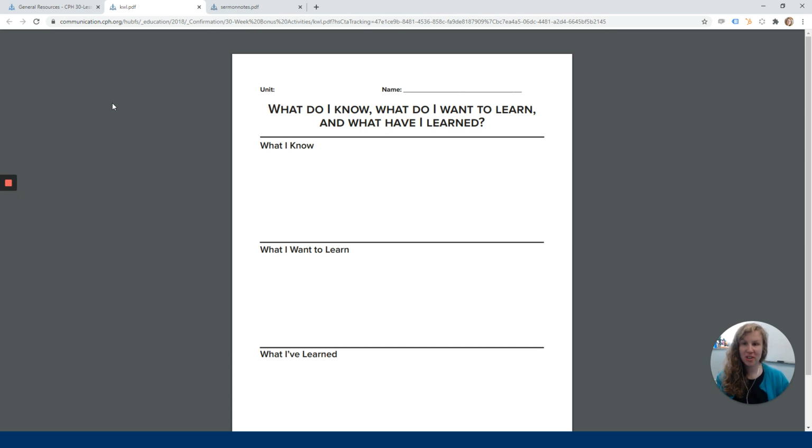learn, and what I've learned. One of my main points in this presentation today is that because you're going to be in a digital learning environment, it's going to be really important to have those pre-class check-ins with your students and the post-class check-ins to help assess how the learning went online. And this KWL chart is something that is really important and could help you with this.